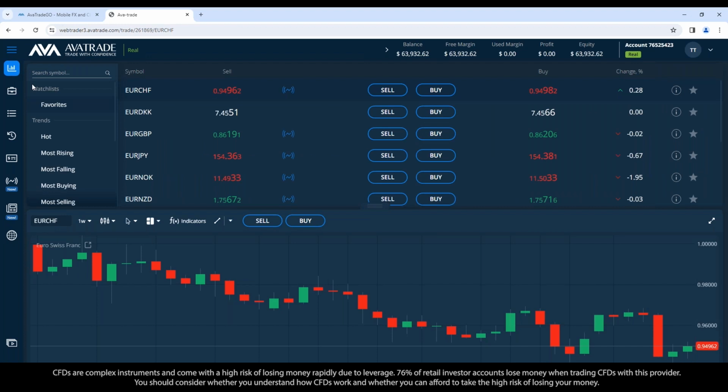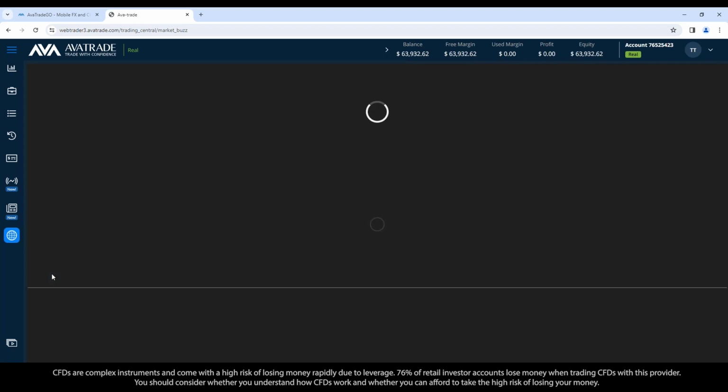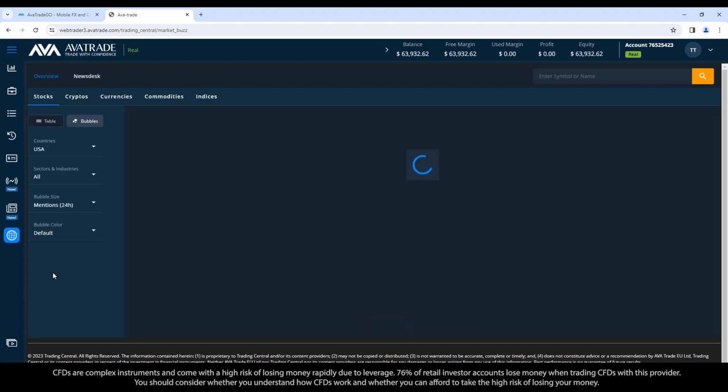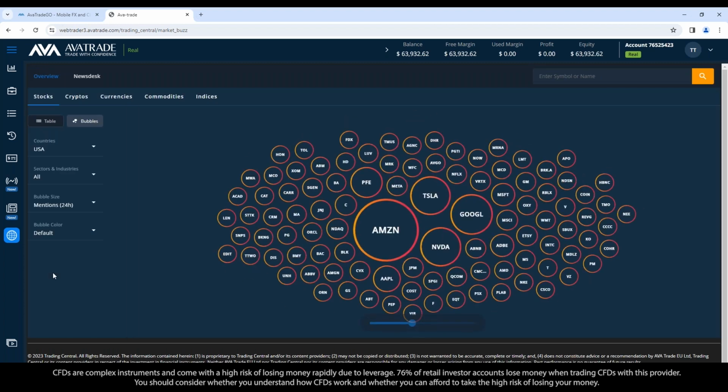All right, so what else can we look at fundamentally speaking besides the economic calendar, which obviously is a handful right now? There's a lot going on in the economic calendar today, but you also could look at the market buzz. This gives us news on whatever instrument you want to find news on, and it pulls it from the internet, the most recent news it can find. Maybe you're interested in a certain stock or a certain currency pairing or a certain commodity, etc. You can switch categories. The one that's in the biggest circle has the most mentions and information found online about it.